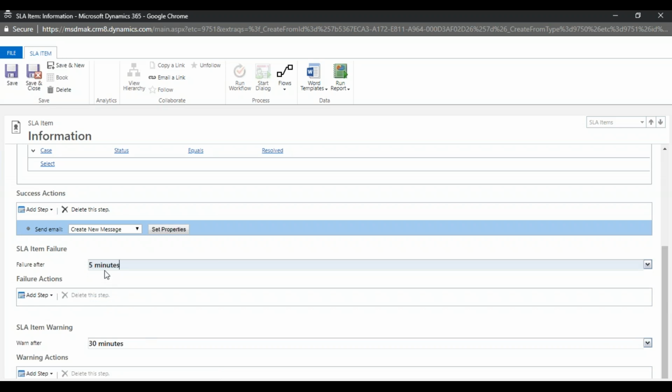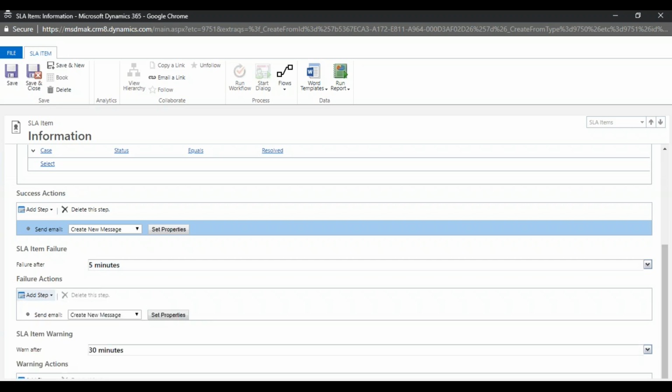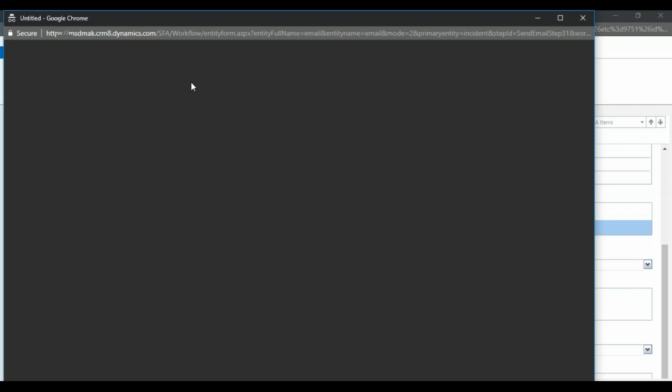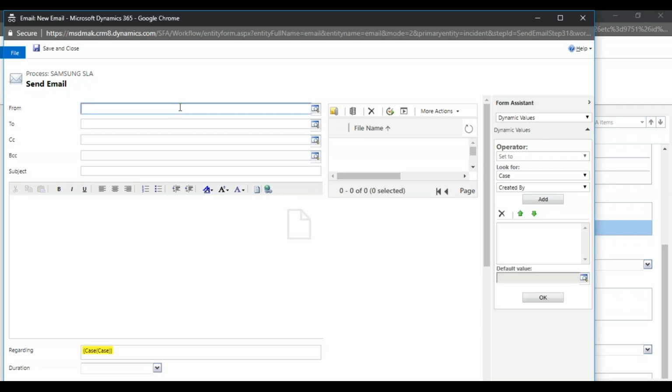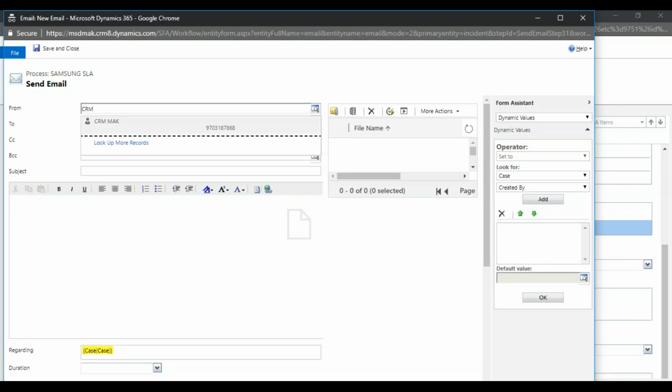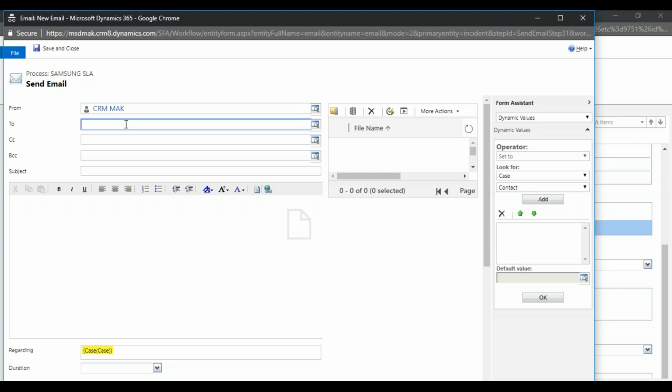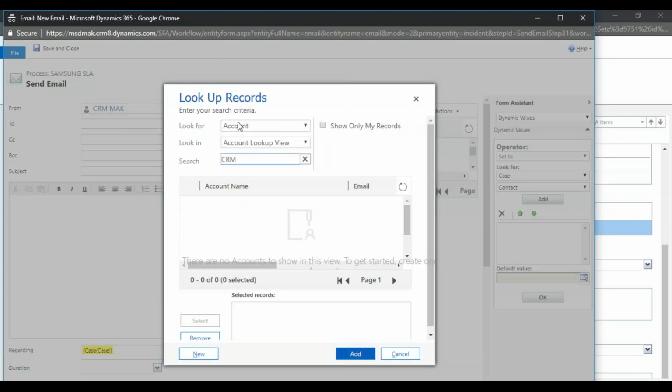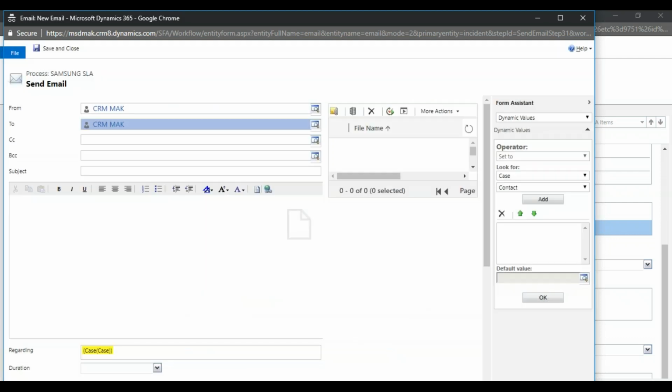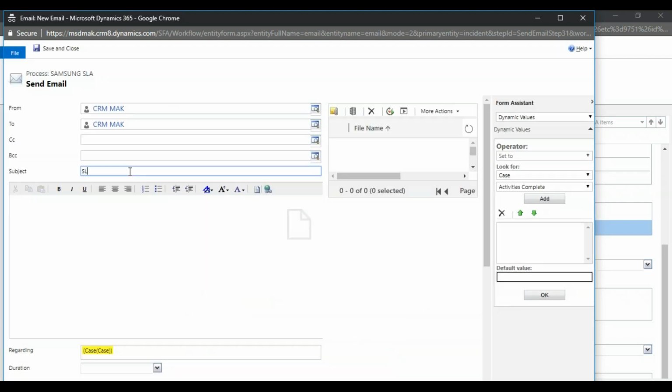If the SLA is not resolved within 5 minutes, then we'll trigger an email saying that the SLA is failed. So from CRM admin to CRM. I'm going to say SLA is failed.